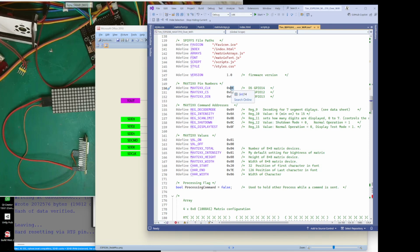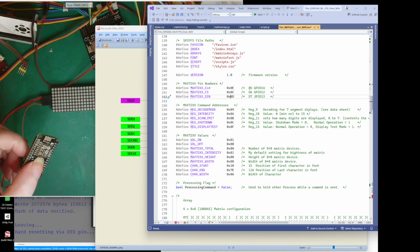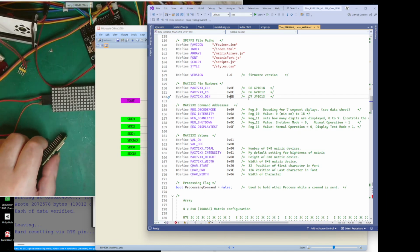Yeah. That's the pin numbers. I've written them as what they're written on here, so you can see D5, 6, and 7. But that, like I say,